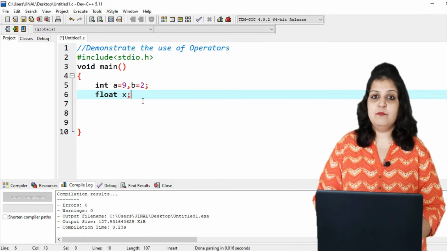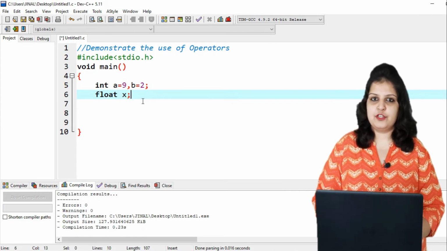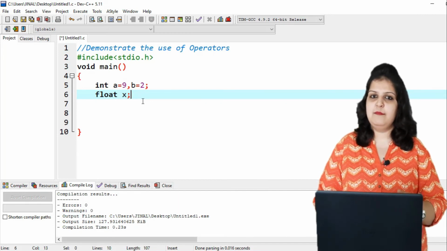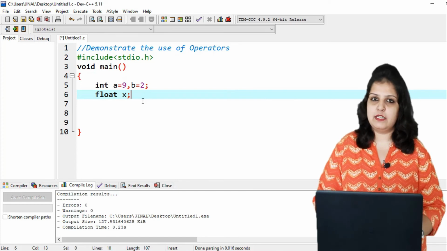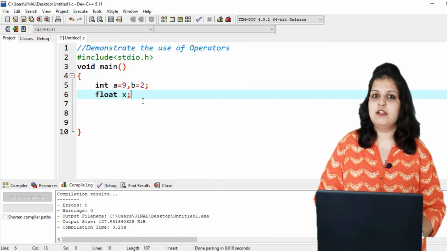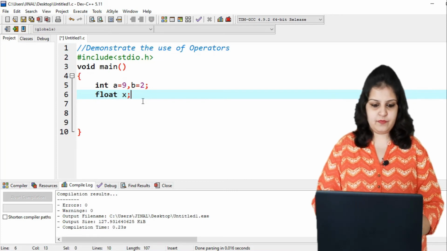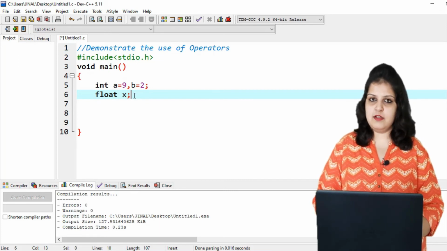Let's see one more topic, that is type conversion, and there are two types of type conversion: implicit conversion and explicit conversion. Implicit conversion is done by the compiler, but explicit conversion is done by the user. So let's see how we can use it. So here a is equal to 9, b is equal to 2, and the variable x is of float data type.